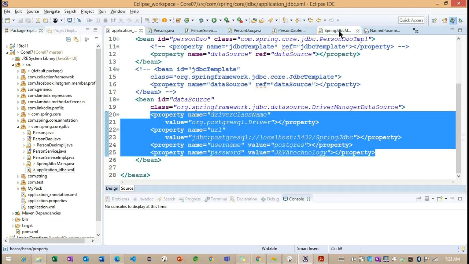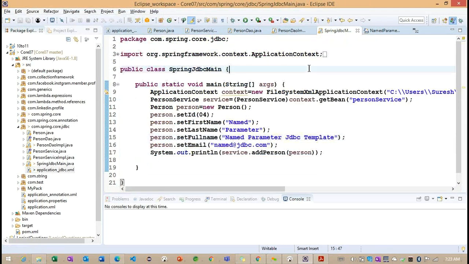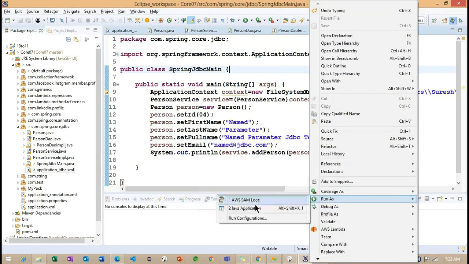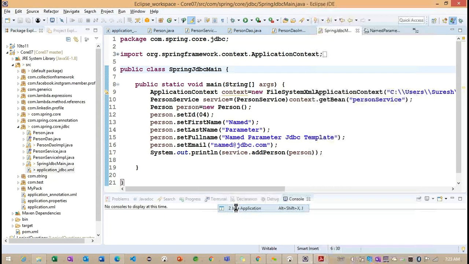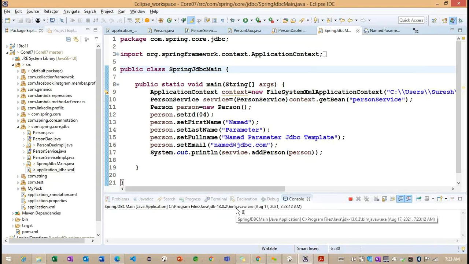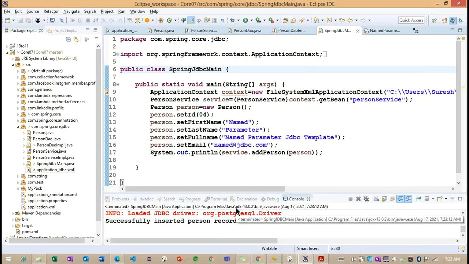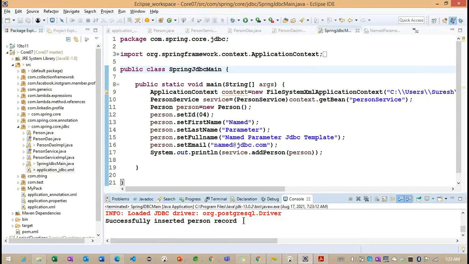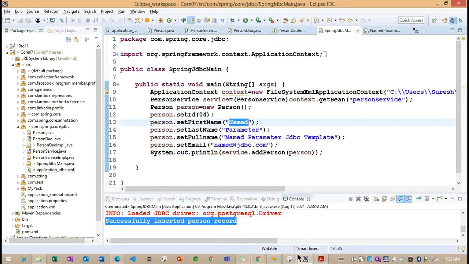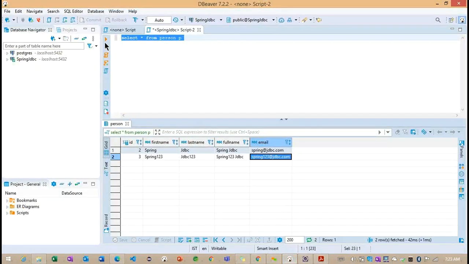Okay. So back to here, go to the main method, and here I'm trying to run the same example. Now you can see with the help of this NamedParameterJdbcTemplate, the record is successfully inserted into the database here. Now with this particular ID 4, do we have the record or not?